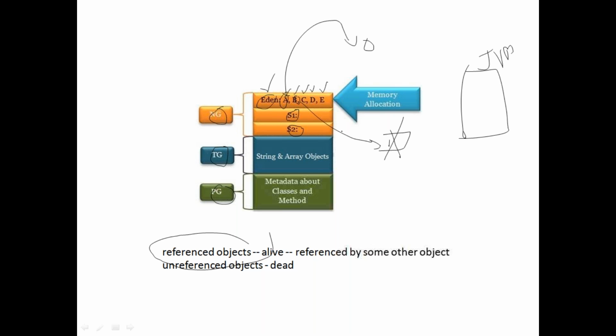Are you understanding? Okay, so the ones which are referenced, we call alive. The ones which are unreferenced, for our discussion purposes, we call dead. Ideally, we should technically use the terms referenced objects and unreferenced objects, but some people use alive and dead as well. As the name suggests, referenced means it is referenced by another thread or object, which means that somebody is using it. Unreferenced means nobody is using it. Okay, so let's assume